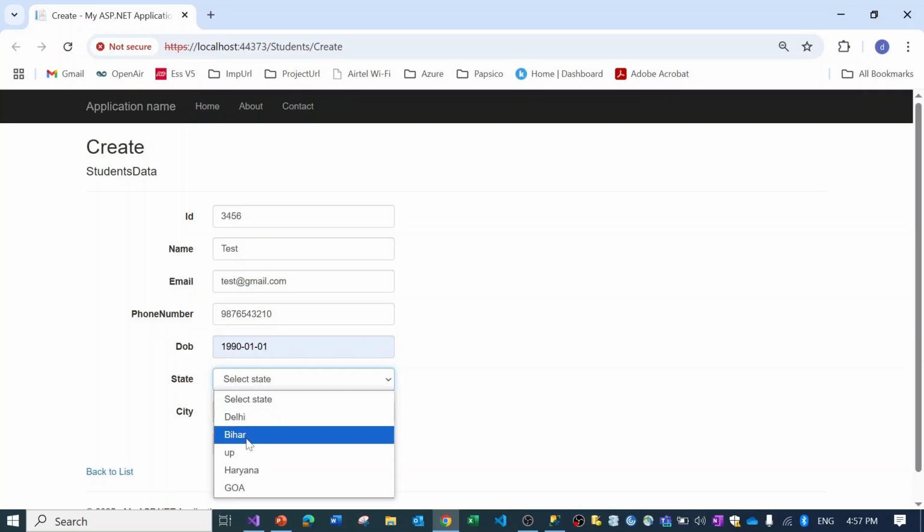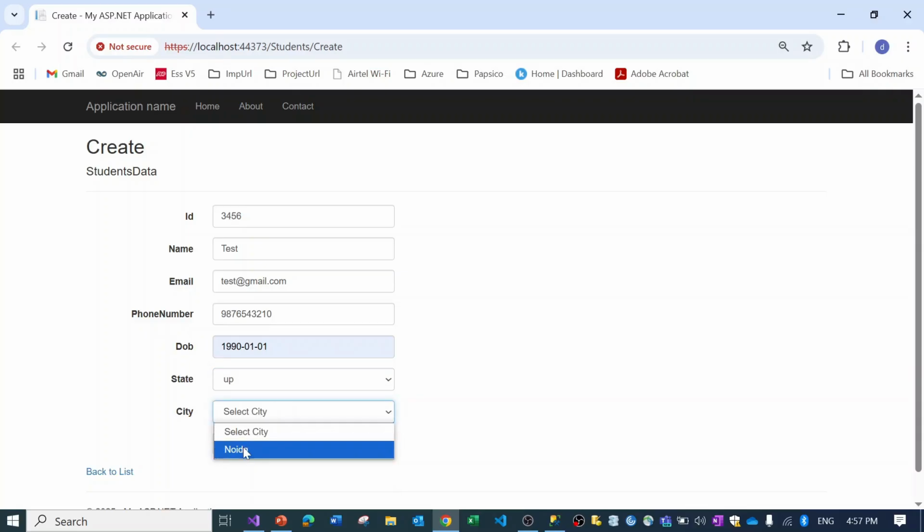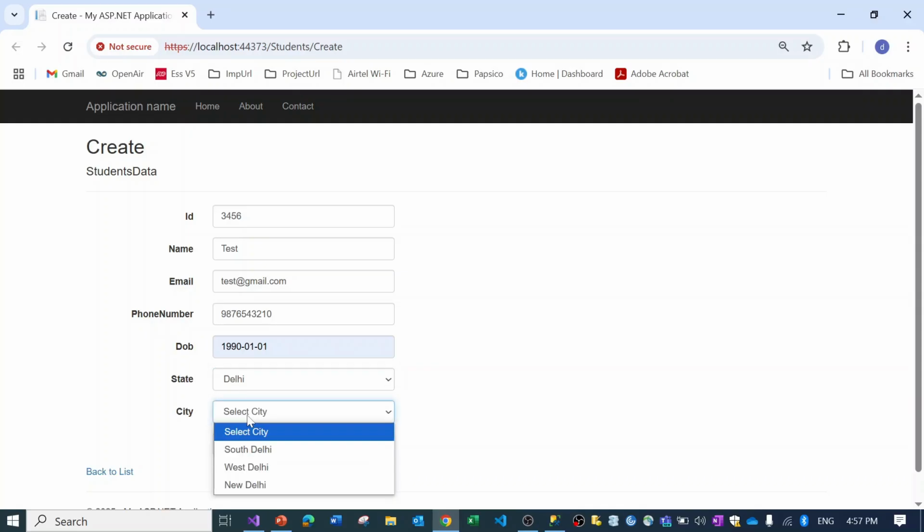Select state. If we select the state as UP, then you are able to see Noida. If you select Delhi, you are able to see all the cities of Delhi. So this is how this drop down is behaving here. The state is getting loaded from the view bag, and on the selection of this we are calling